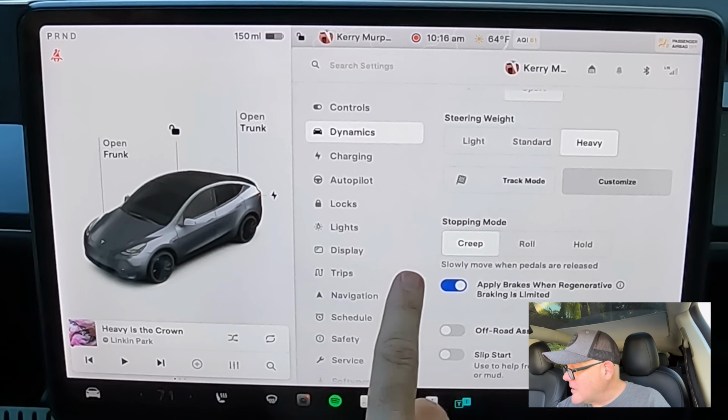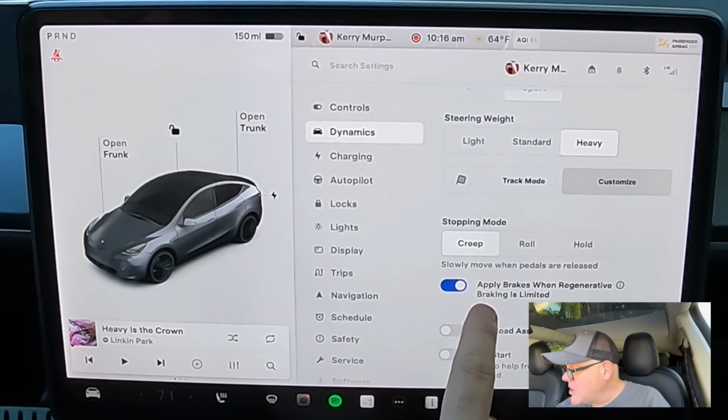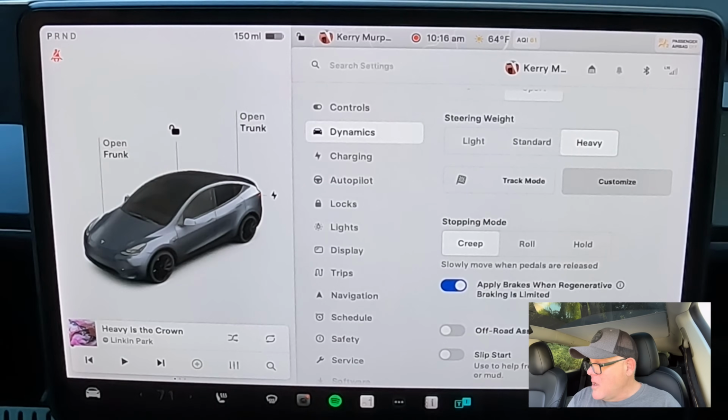Stopping mode. I particularly like creep mode. It's more of a gasoline car way of driving. I get it. Most people have it on hold, and then roll is too much. I just particularly, in my driving experience, I like creep. This is particularly good, we're heading into cold weather now, and you're going to notice if you don't have this